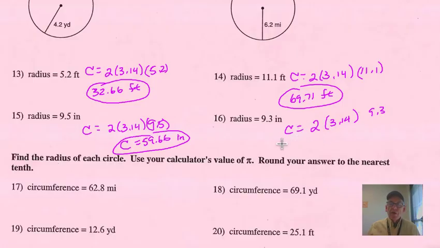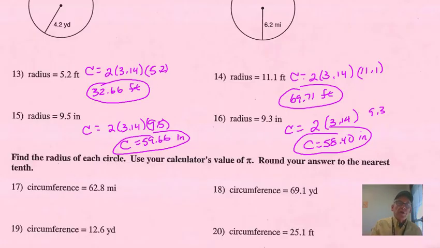Last one here, 2 times 3.14 times 9.3 is 58.40. And it's in terms of inches. So notice I'm trying to carry my units through, trying to keep track as I go, and make sure I